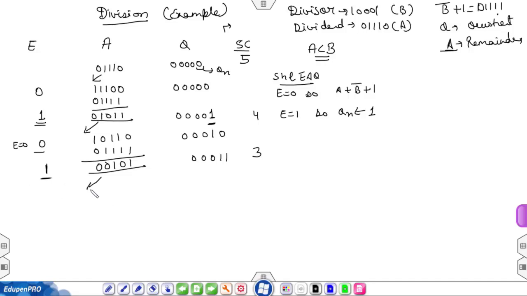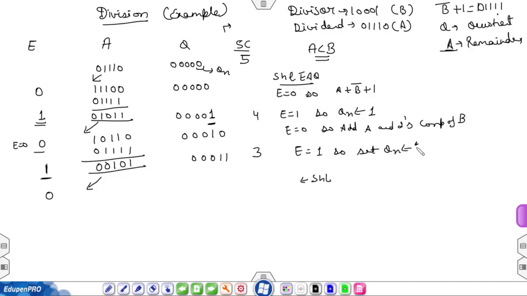Now again perform the shift left operation. Here E was equal to 0, so add A and the 2's complement of B. Here E equals 1, so set Qn equal to 1.